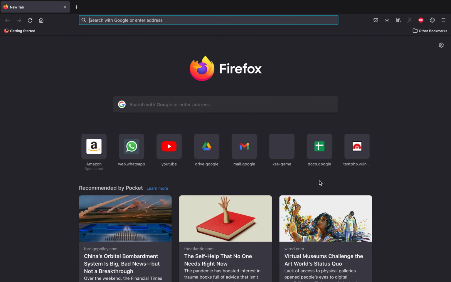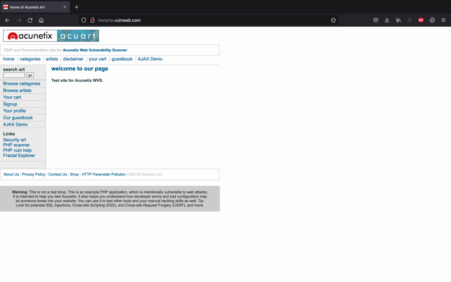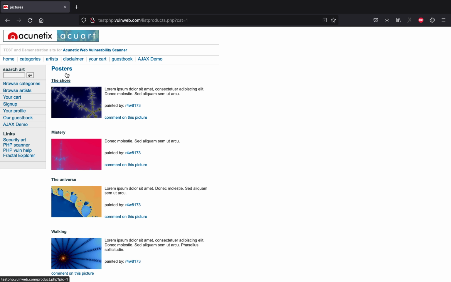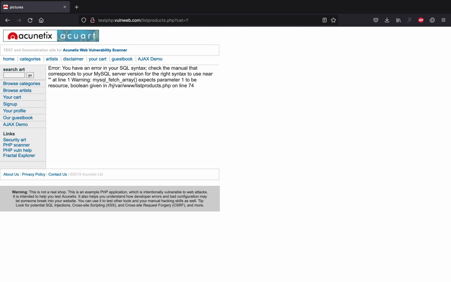Let's look into one of the examples. So we have got a testing website on which we can try. The very foremost requirement is to find a GET parameter. Either you can find a GET parameter by entering something inside the search box or by clicking on a hyperlink. Since we are having a GET parameter, let's try to break the query of the same.